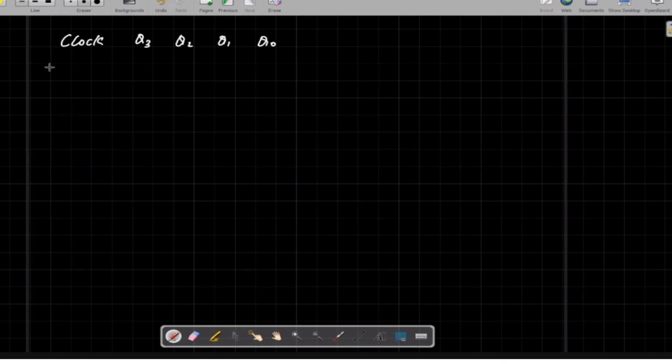The first case, when the clock is not there, then of course all the outputs are 0, 0, 0. And when the clock comes into the picture, then the first flip-flop output is 1 and all the remaining outputs are 0, 0, 0. In this case, when the second clock comes into the picture, then 2 flip-flop outputs are 1